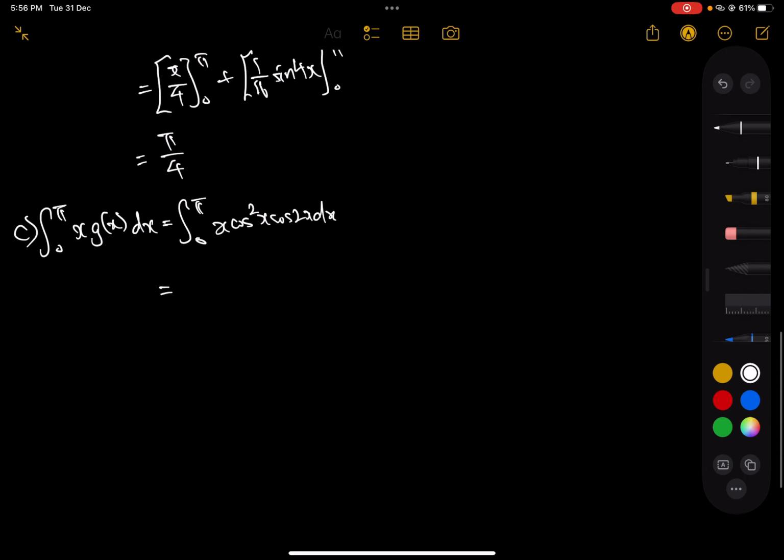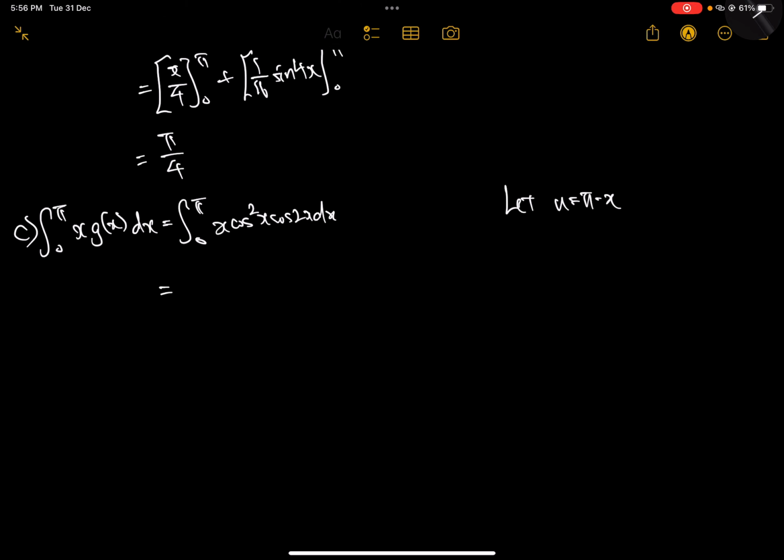Frankly speaking, let's set u equals pi minus x. This one's quite straightforward because we have 0, we have pi, and then we have trig functions. So we could use pi minus x as a substitution, and then we could get some dummy variable type of things. So we have du is negative dx, and obviously